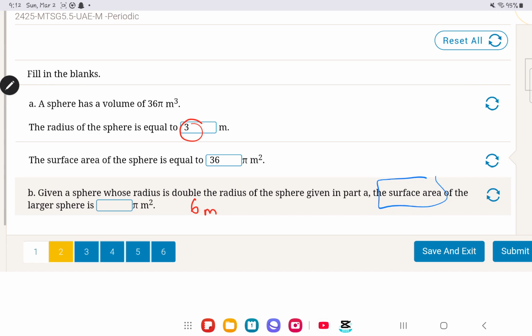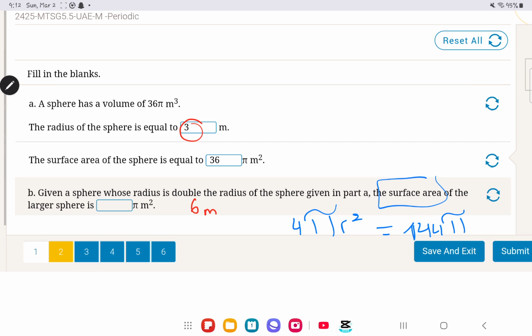You could do it in many ways. You know that the surface area equation is 4 pi r squared, you could put it on the calculator and you would get 144 pi. This is one of the ways to do it, but how they want us to do it is